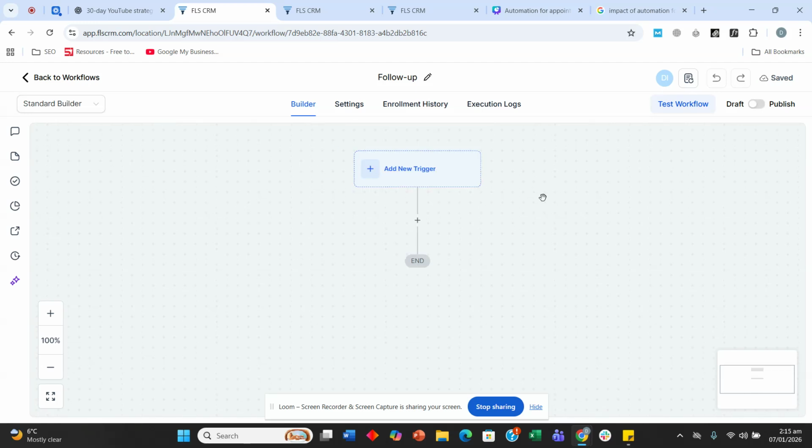This particular workflow will not have any triggers, because what we are going to do is add a wait time of 90 minutes, and once the 90 minutes are completed from all the three workflows that we built, they will be sent to this workflow in which we will be sending out the lead